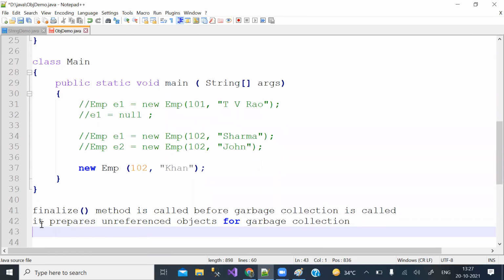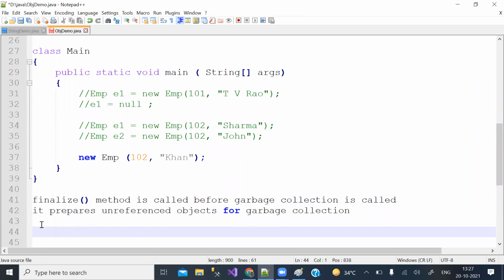So what is the preparation? Closing opened files by object, and things like this. Is this clear?